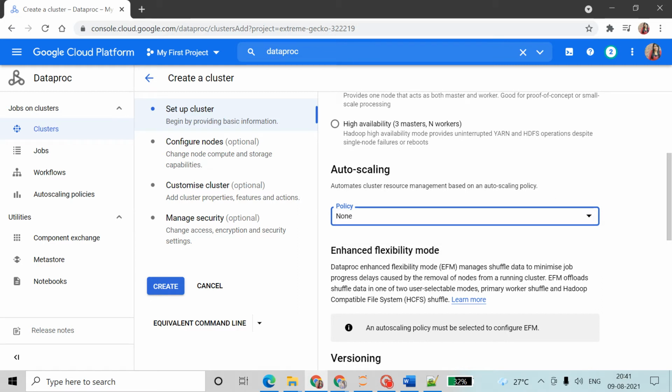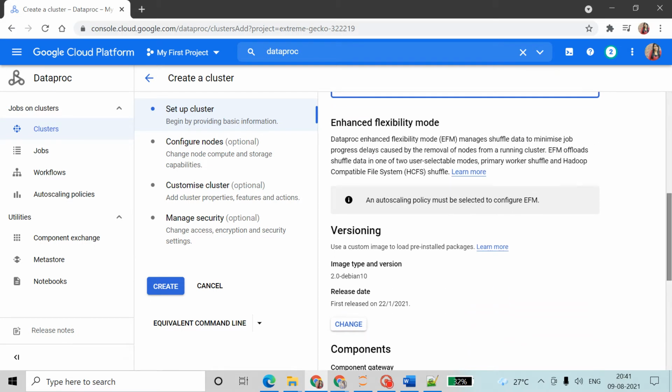We don't have to choose any specific thing. Okay, fine. Enhanced flexibility mode, Dataproc enhanced flexibility mode is called EFM, manages shuffle data to minimize job processing delay caused by the removal of nodes. For using a cluster, EFM shuffles to one or two selected nodes, primary worker shuffle, and Hadoop compatible file system. Okay, fine.